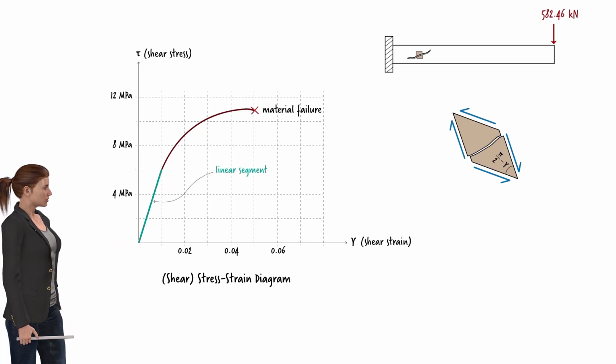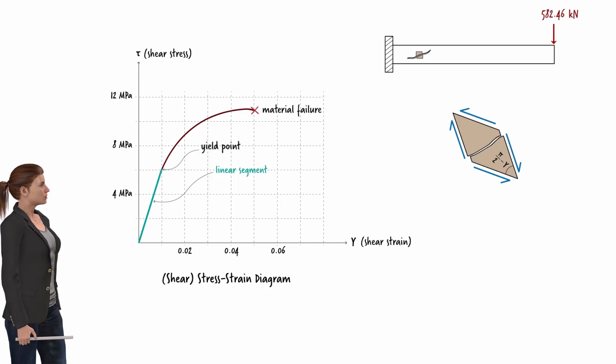The lower part of the diagram resembles a straight line. That is, the material behaves linearly in this region. Generally speaking, structural materials behave linearly while the stress remains below a certain point. Below this point, if the load is removed, the member reverts to its undeformed configuration. We refer to this point as the yield point of the material.